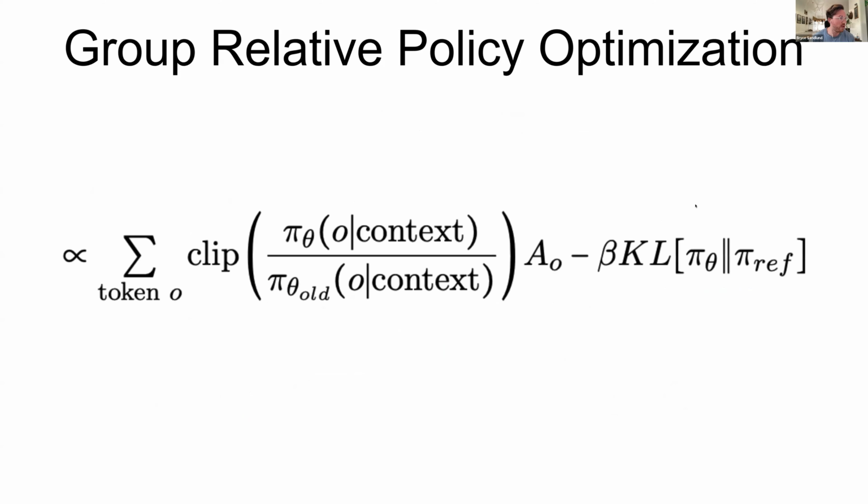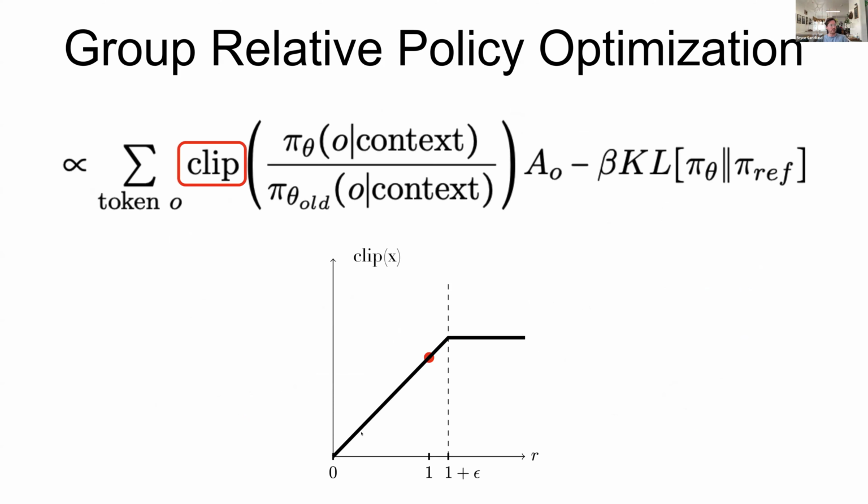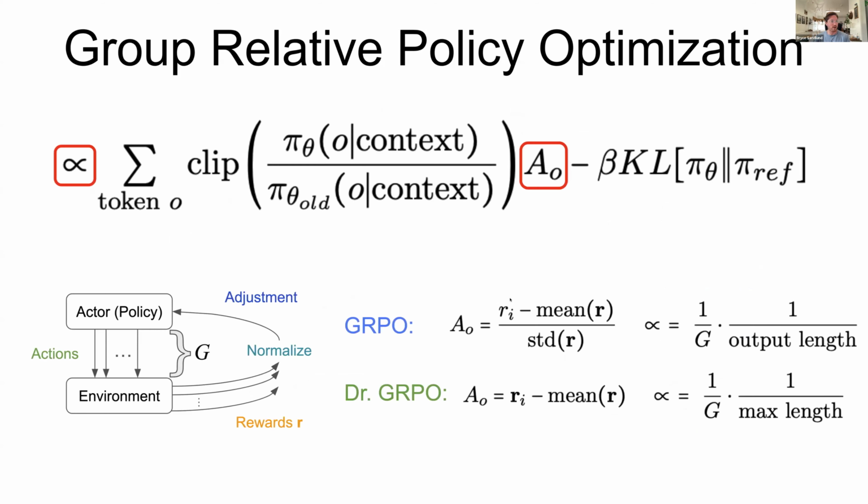So this is the objective function. Not going to go super in depth here, but basically we're trying to reinforce when our advantages are positive, and we have some kind of KL constraint. And we're doing some kind of clipping on this, which is to say we just make sure our importance ratio doesn't go too far. And then there are different parts here. Just kind of go through this quickly.